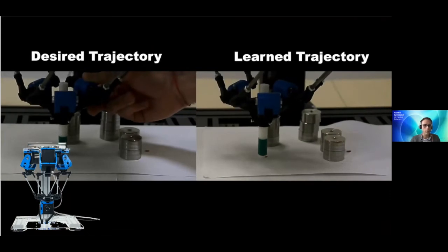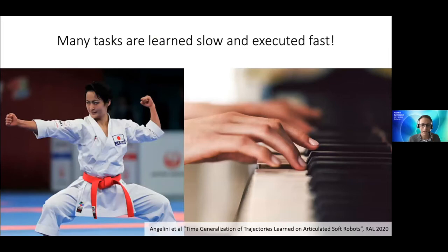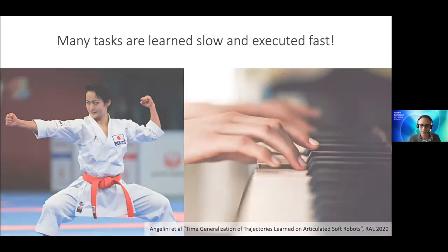You may say, okay, this is easy because it's not a continuum soft robot, and this is true. I mean, at least it's easier. We don't have yet experimental validation of that, but you have some simulations of a pretty complex problem, I believe, which is to stabilize the vertical configuration of an inverted soft pendulum, and it works quite well. So in a few trials, the robot learns to go from down to up. You can imagine this kind of robot with a single torque applied to the tip, as for example having two tendons. Okay, I am beyond my time, so I have to skip all the nice things that I wanted to show,